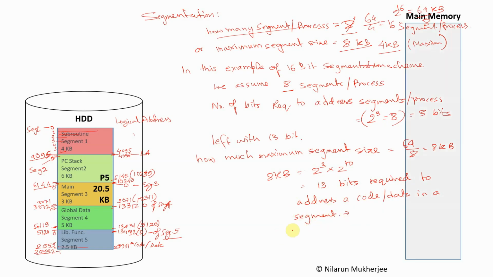That is, we need 13 bits to access the data in a segment. So we have our logical address